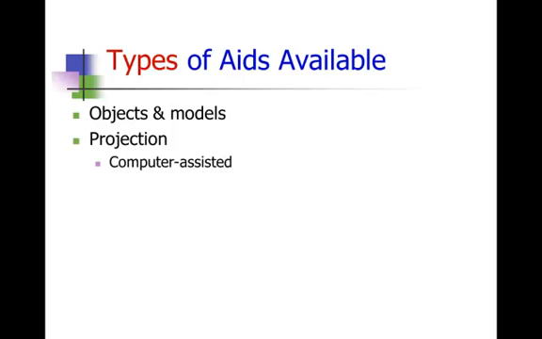Projection may include computer-assisted projection, such as what most people would call PowerPoint projection. This is commonly used in the business and in some academic environments. Overhead projectors are likely to be seen more frequently in the academic environment than in the business environment. These are a little difficult to use sometimes because you have to use special transparency film or it won't project